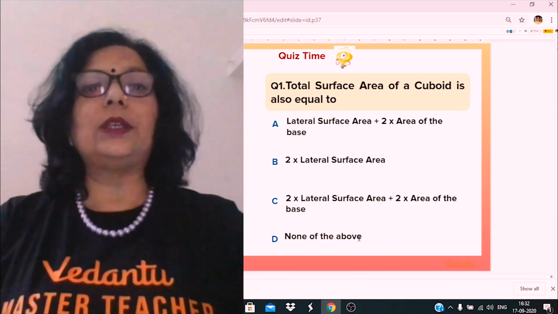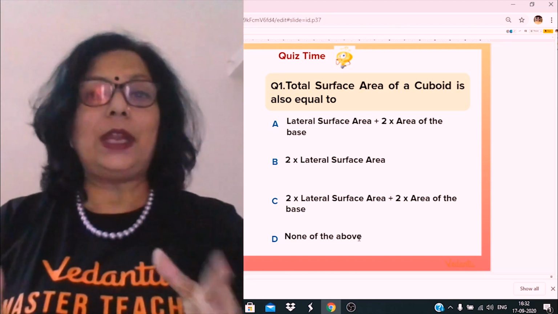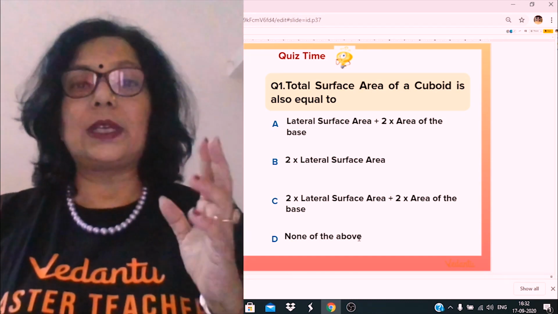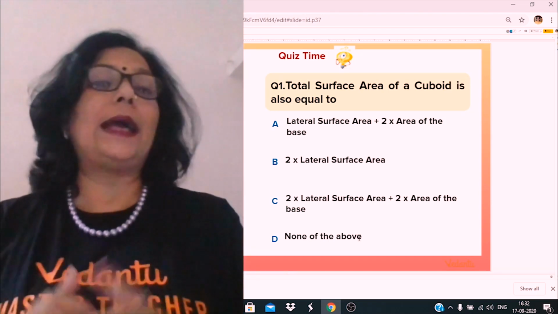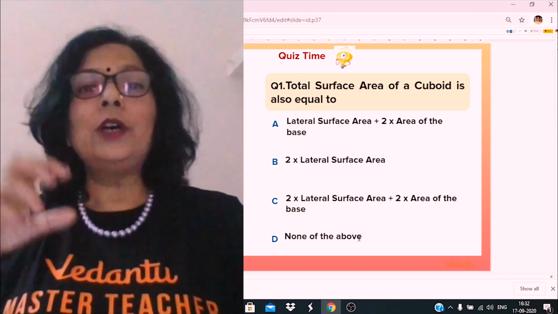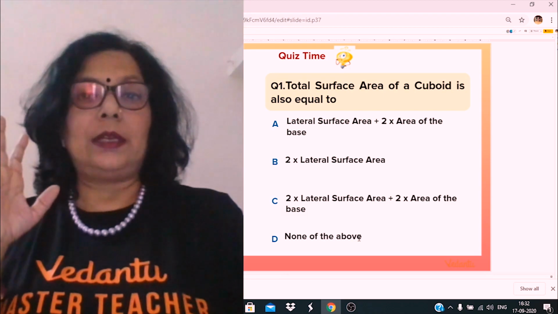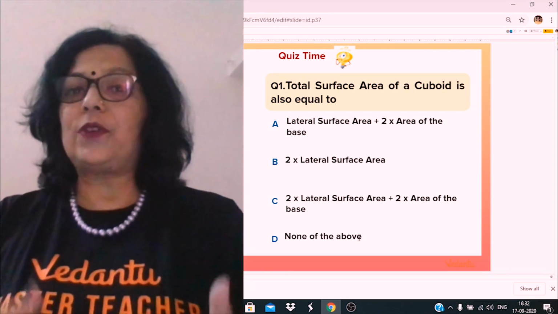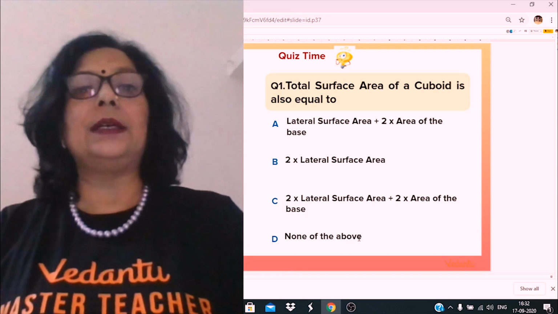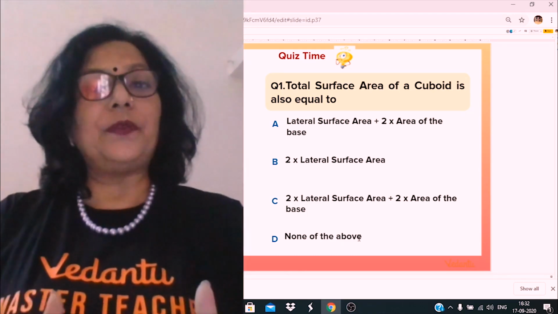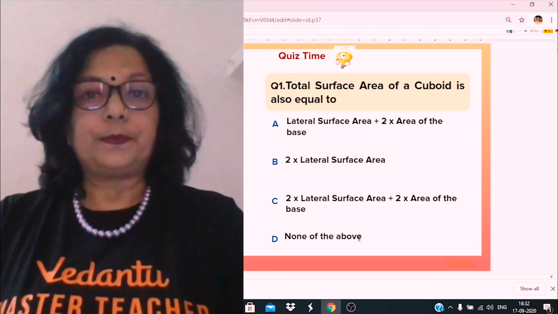So this is all the use of the mensuration part of mathematics, which is very, very important, and you get long sums and calculations in this. Maximum children make mistakes because they apply the formula wrong. Once you know when and where to apply which formula, you will never make a mistake. Today I'm taking cubes and cuboids. After that come volumes of cubes and cuboids, then cones, then cylinders, and then spheres. So surface area and volume combined together is called the mensuration part.